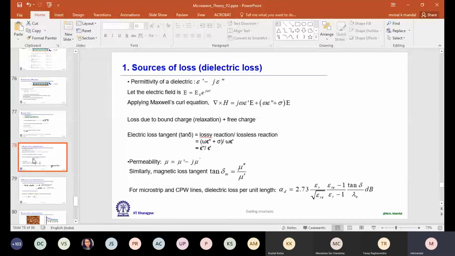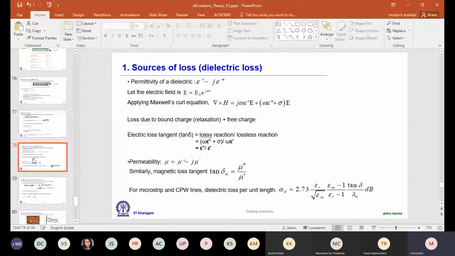Well, so we consider time harmonic propagation. Time harmonic means we represent by e to the power j omega t. Now we use Maxwell's curl equation, because we are trying to quantify this loss because of j epsilon double dash. Curl H equals J plus del D by del t, right? So J is what? It is the conduction current. It is not Js. Js is the induced current in metal, so this is the conduction current inside the dielectric material.